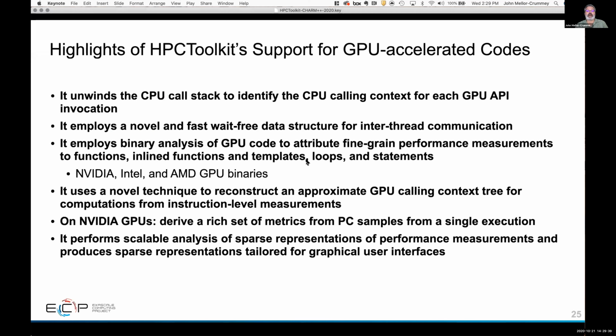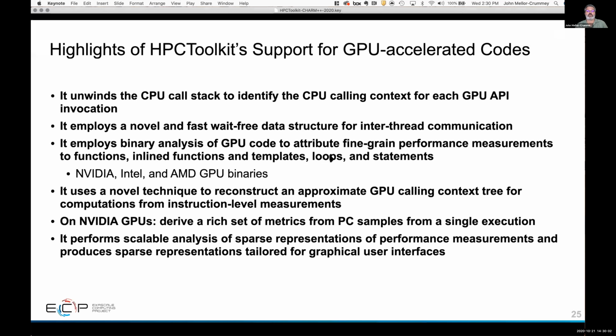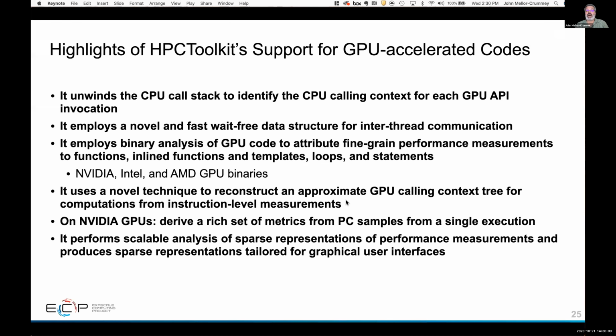We also employ binary analysis of GPU code to be able to attribute fine-grained performance measurements to functions, inline functions, templates, loops, and statements that are running in code on the GPU. And we have binary analysis capabilities for NVIDIA binaries, Intel GPU binaries, and AMD GPU binaries. And this was built in conjunction with folks at the University of Wisconsin. We use a novel technique to reconstruct approximate GPU calling contexts on the GPU to be able to understand the